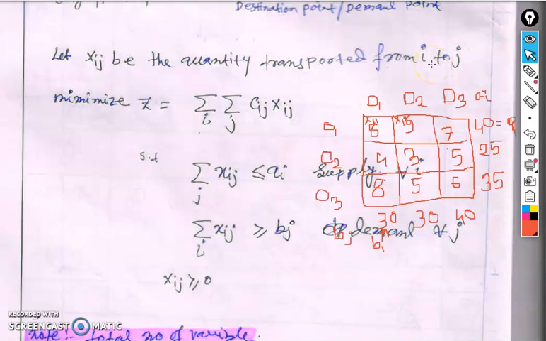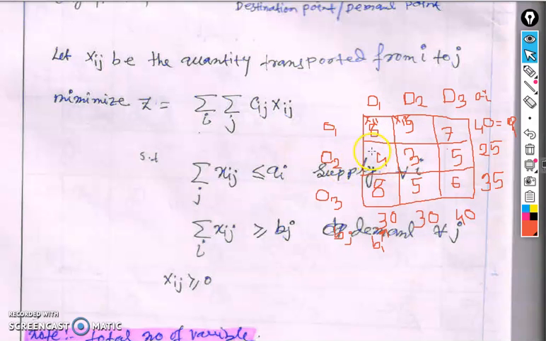The cost required, if we represent this cost as C11, this as C12, this as C13, and the corresponding quantity supplied from the first factory to the first destination is x11, x12, x13. Therefore the total cost for supplying this quantity to this particular destination point should be C11x11, C12x12, C13x13,